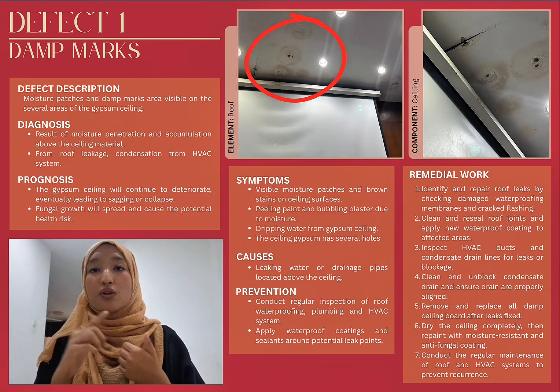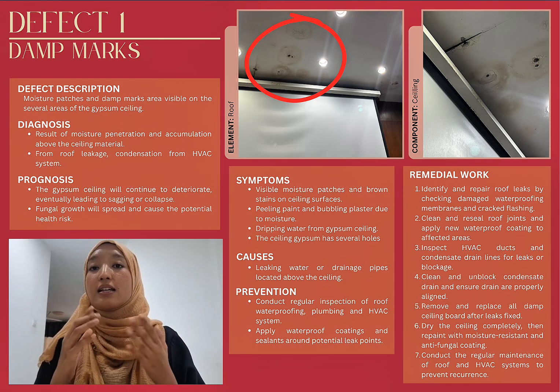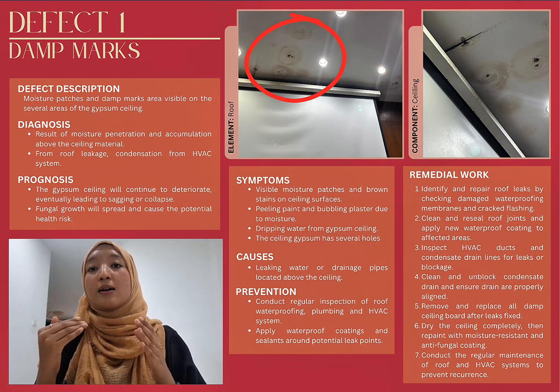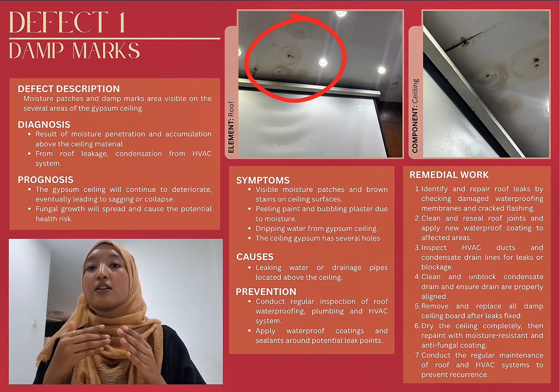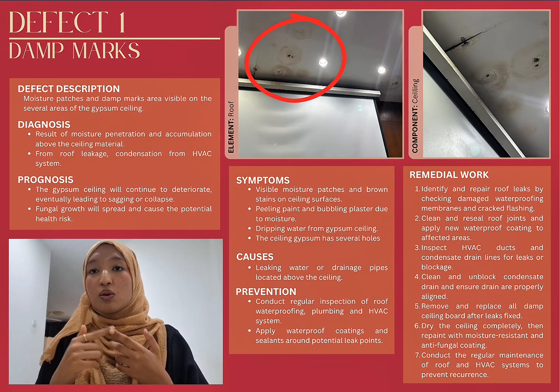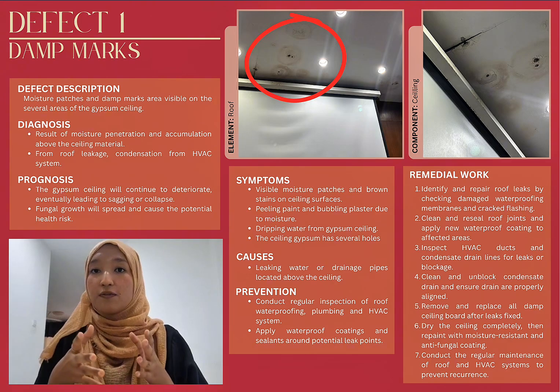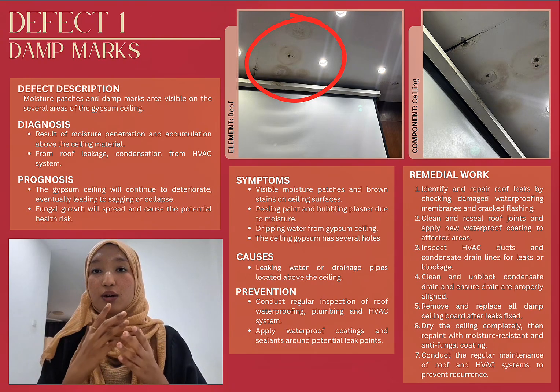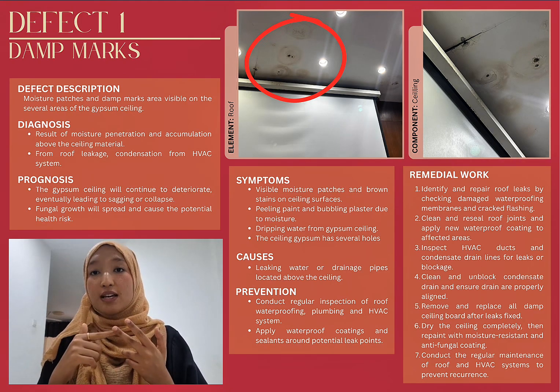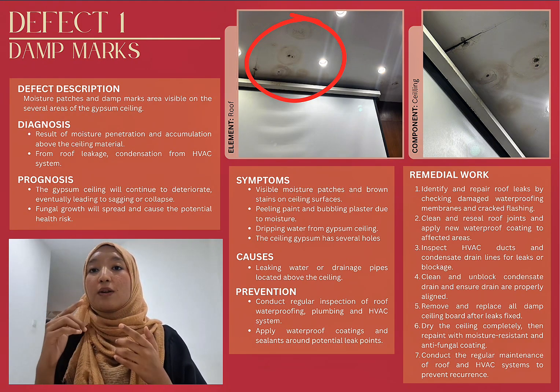Typical symptoms include brown stains, peeling paint, bubbling plaster, and in this case, multiple holes where the damage is severe. The causes usually involve leaking pipes, drainage issues, or roof waterproofing failure. To prevent this defect, regular inspection of the roof, plumbing, and HVAC system is essential, along with applying waterproof coating